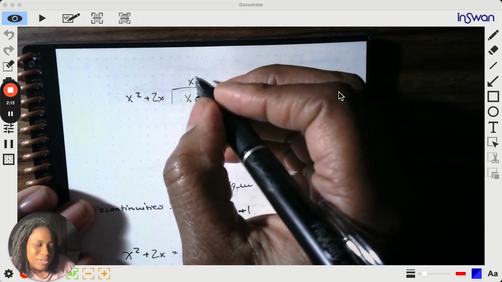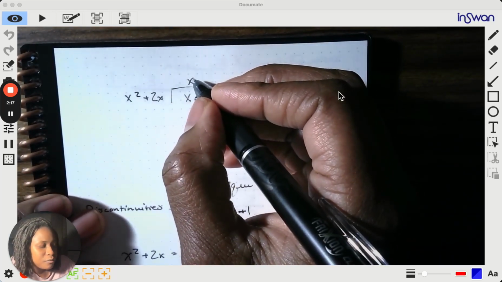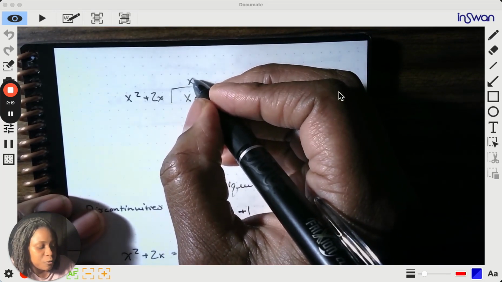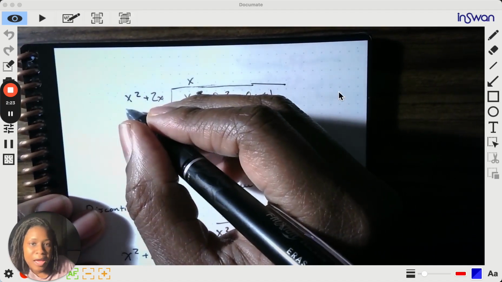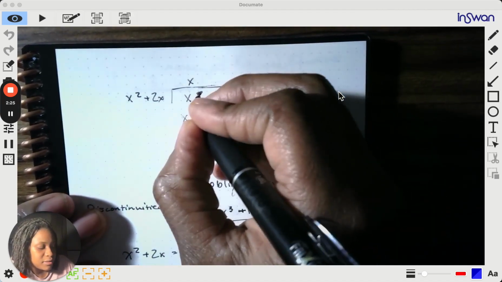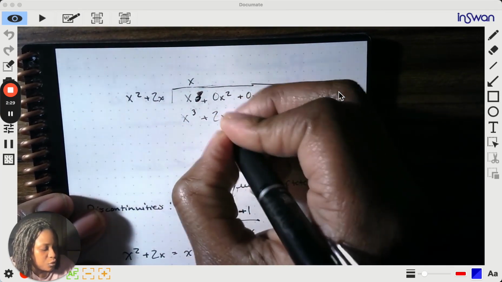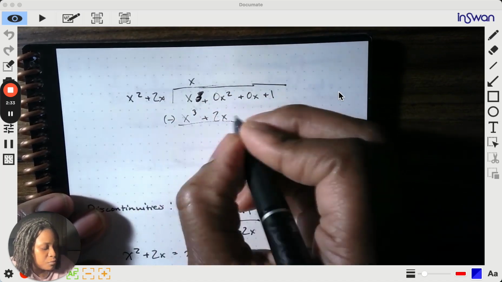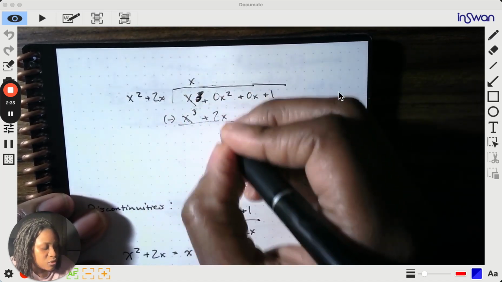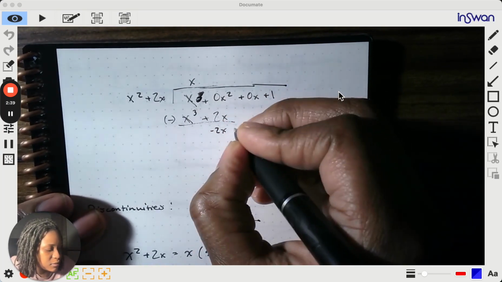So here, we're not going to find a 0. We're just going to solve for our oblique asymptote. So I have x here. I'm going to go ahead and multiply that by x squared plus 2x. I end up with x cubed plus 2x squared. And now I'm going to subtract these two terms. That cancels out, and I'm left with negative 2x squared